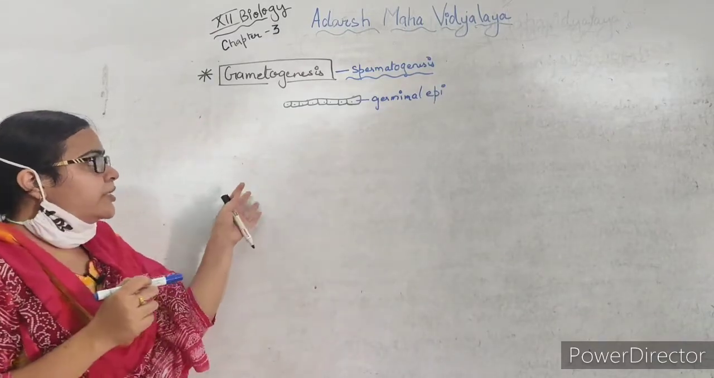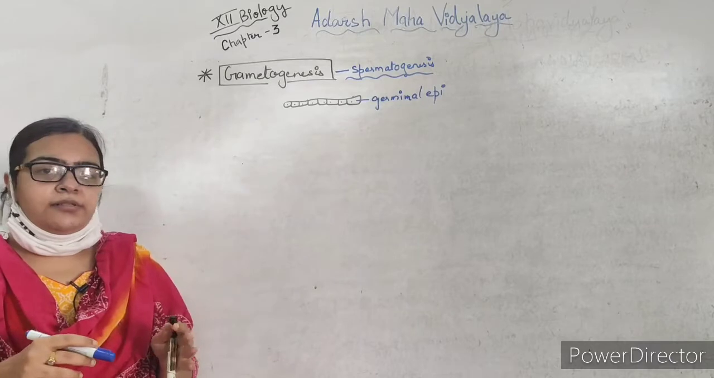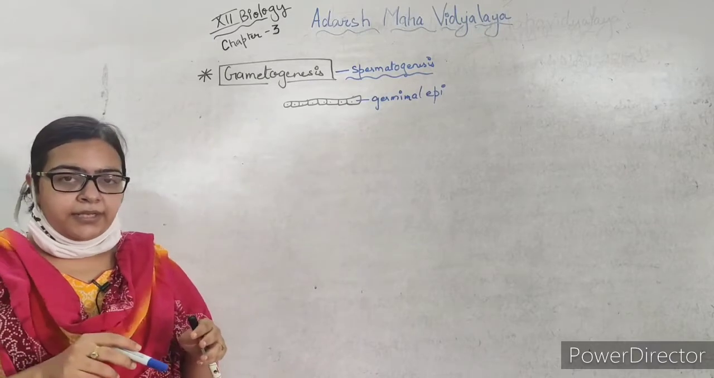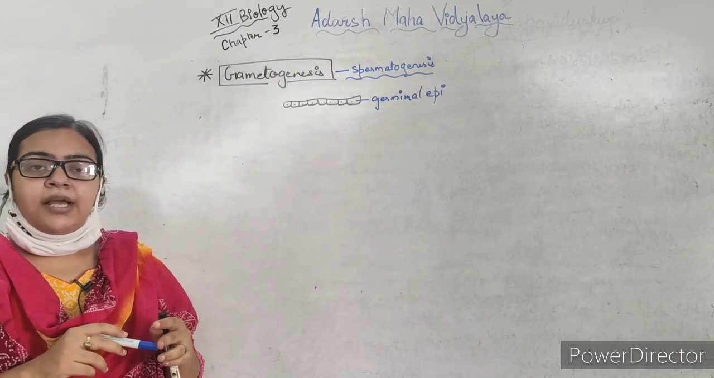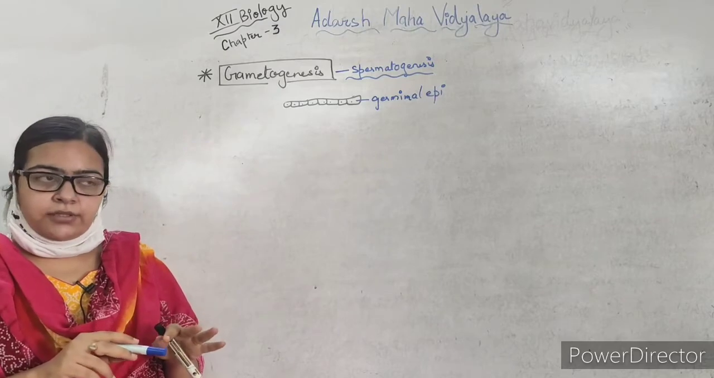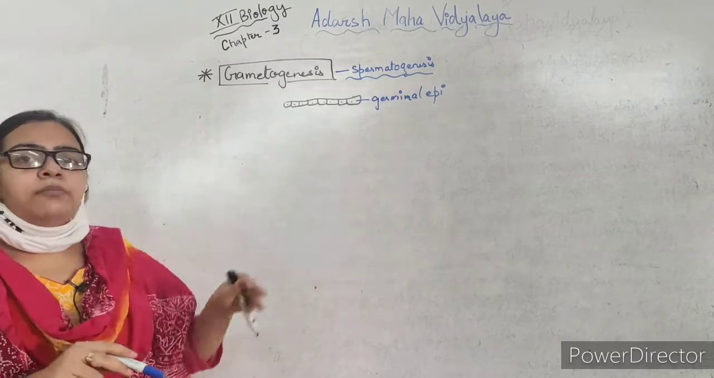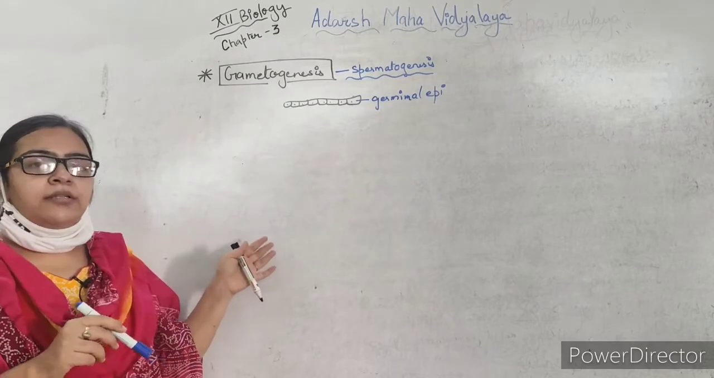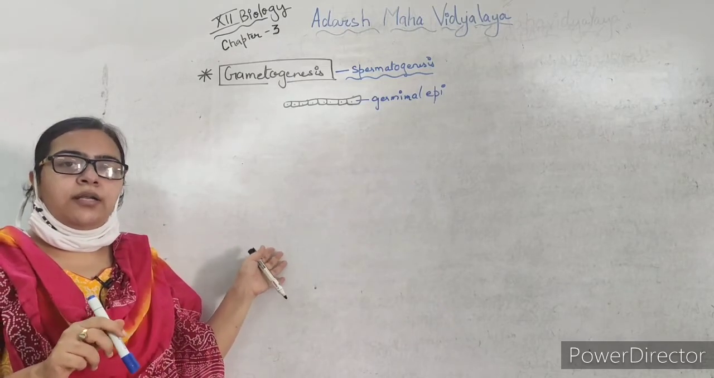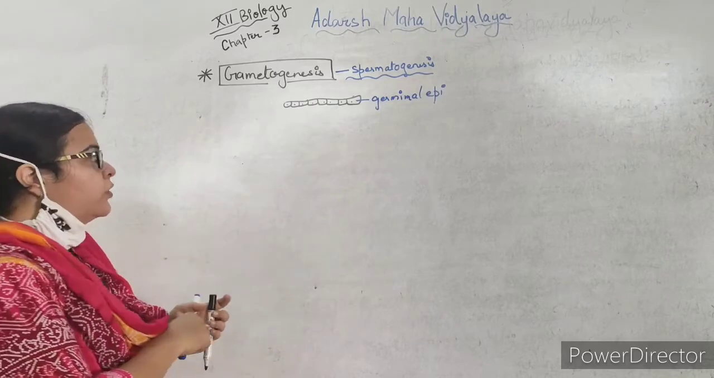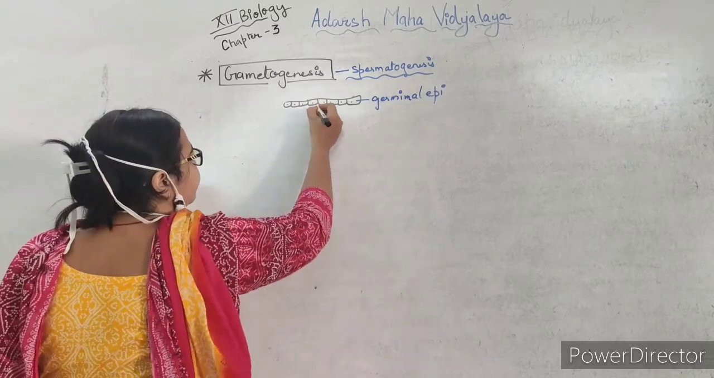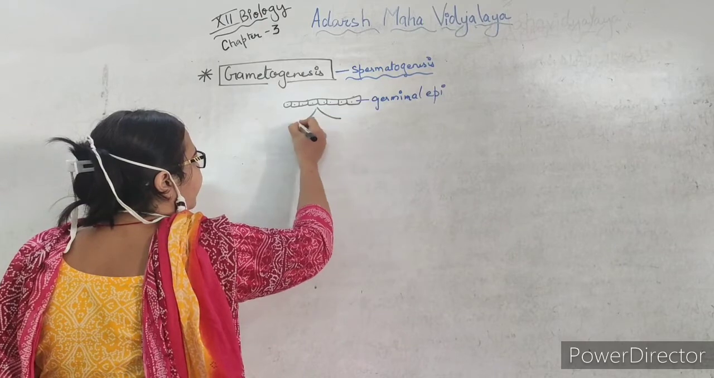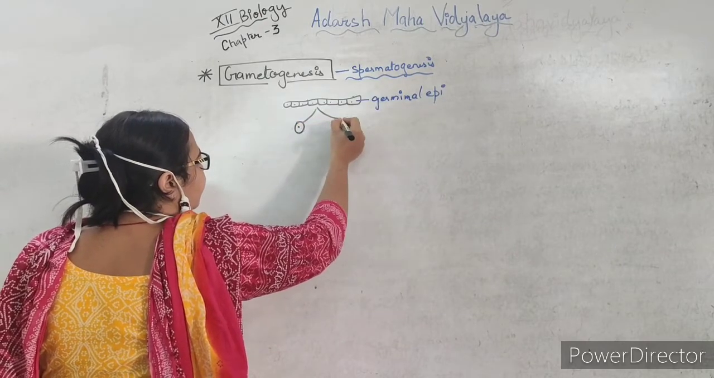Now the spermatogenesis is divided into three phases. First one is the multiplication phase, then the growth phase, and final is the maturation phase. So here we are talking about the multiplication phase. Now in multiplication phase, the type of cell division which is occurring is mitosis. So these cells will divide and produce